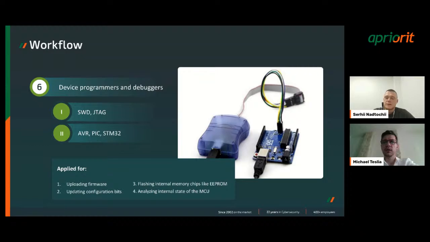I mean, several programmers or debuggers we need, because there are a lot of manufacturers of microcontrollers, and if you have some complex PCB which utilizes different microcontrollers from different manufacturers, you probably will need different devices because there is no universal debugger or programmer.